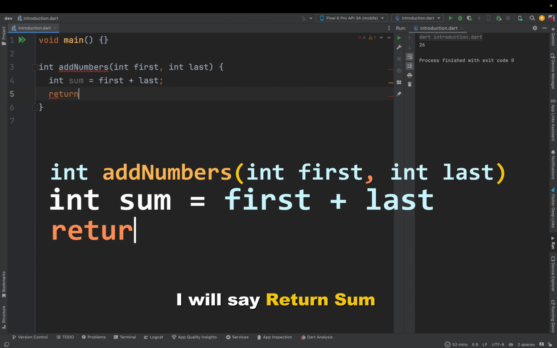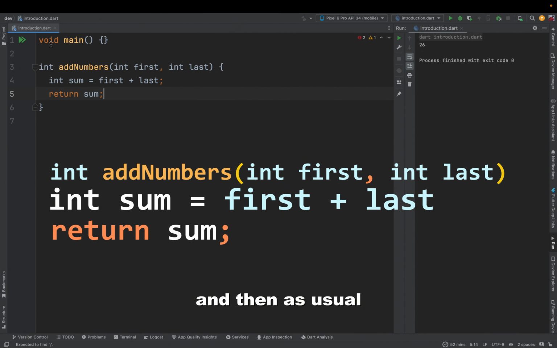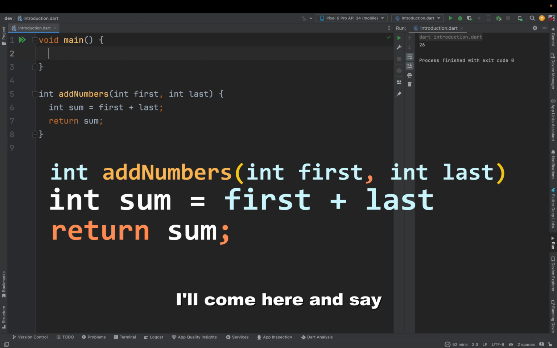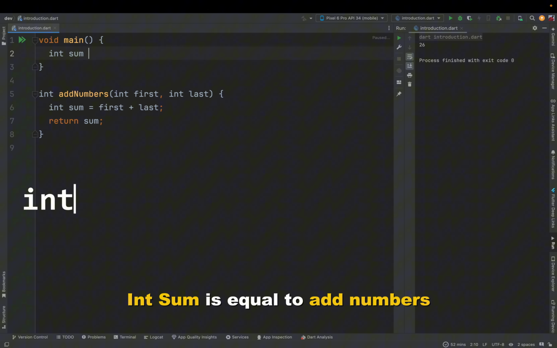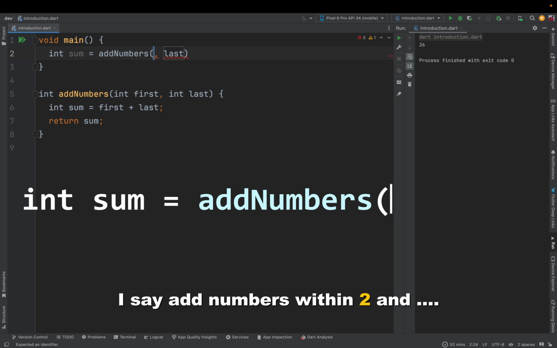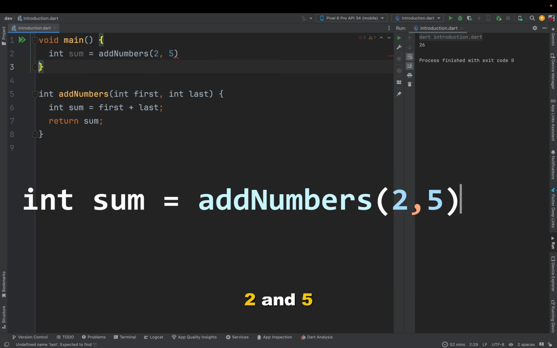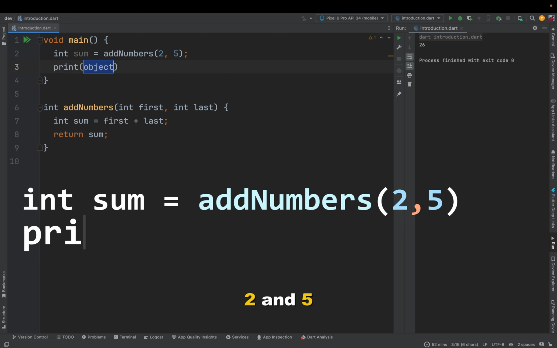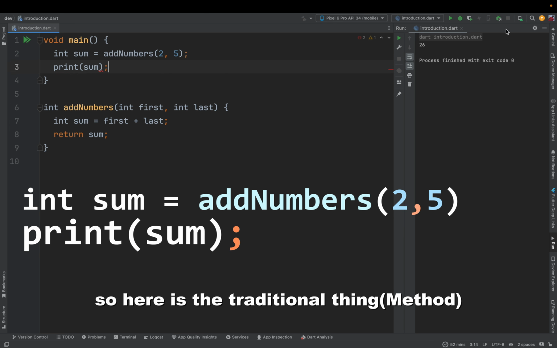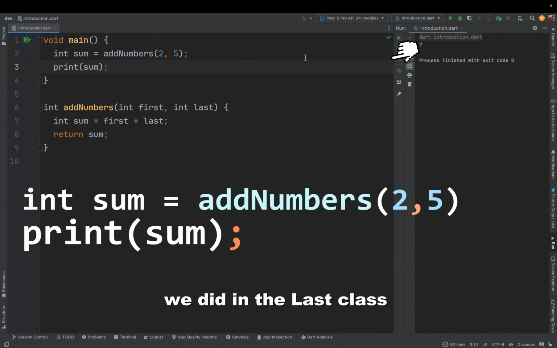I'll say return sum, and then as usual I'll come here and say int sum is equal to add numbers between 2 and 5, and I'll say sum. So here is the traditional thing we did in the last class to give us 7